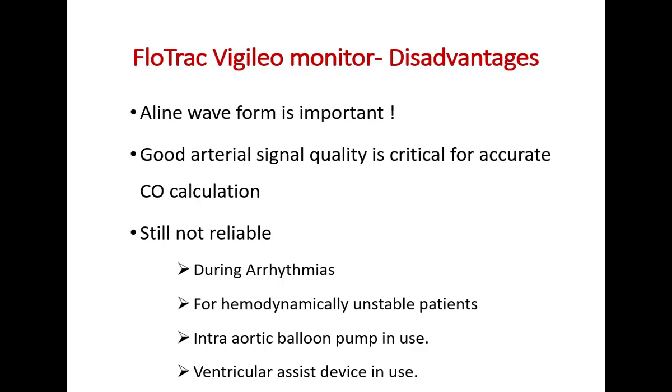But still, it is a device which should not be used in the ICU. Why? Because there are so many shifts. It is not calibrated or externally validated by any other method. So for that reason, this may not be the greatest device. It is used under steady state conditions, like in the operation theatre, in the perioperative period, where you predict a specific course to occur. There it is still okay. But in an ICU setup, we will be skeptical using this. Intra-aortic balloon pump use, obviously you can't use it, and ventricular assist device, no.